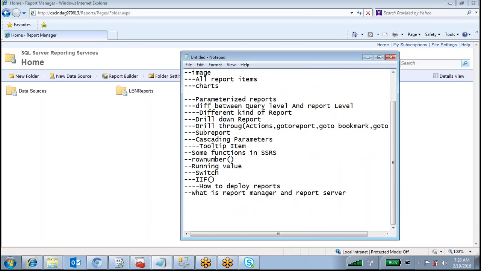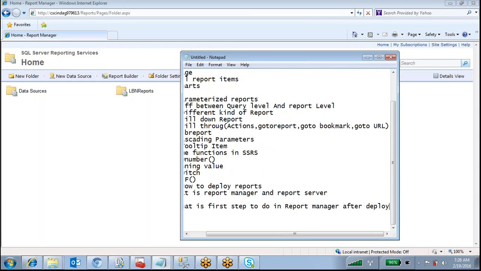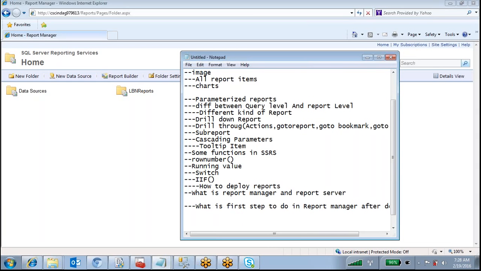And what is the first step to do in report manager after deploying? You have to save the username and password for the data source connection.